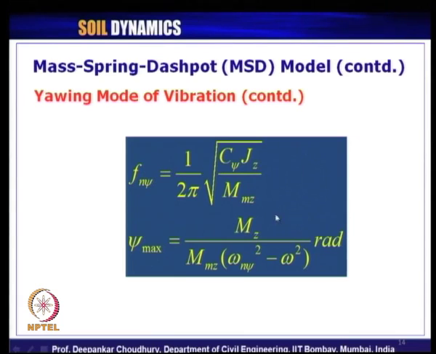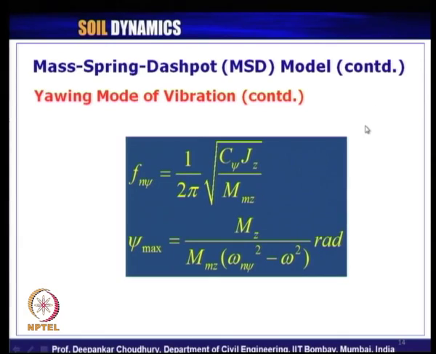the amplitude of externally applied torsion, that is m z, divided by mass moment of inertia m m z times omega n psi square minus omega square, the exciting frequency. It will come in radians, because this is the angular displacement we are computing. Again, this angular displacement we can project in terms of linear displacement by multiplying with the linear dimension of the foundation, and that has to be checked again with respect to that 0.2 mm, the IS code guideline, and also the Richards chart for qualitative assessment.